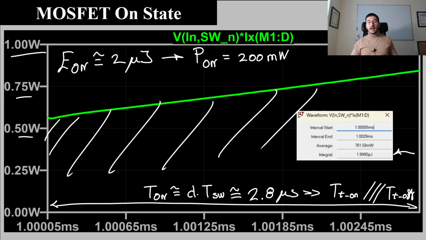So in this way we have identified in LTspice the three types of power losses for the MOSFET, and we have evaluated the quantities that we obtain in each case. So in the next videos we are going to apply these ideas for other components. So see you